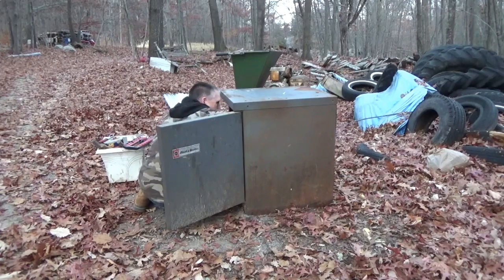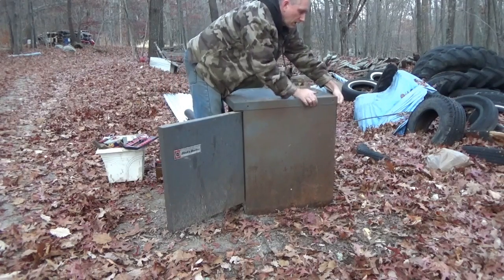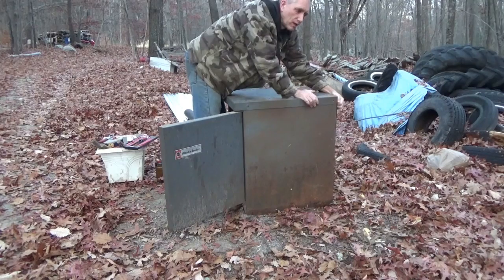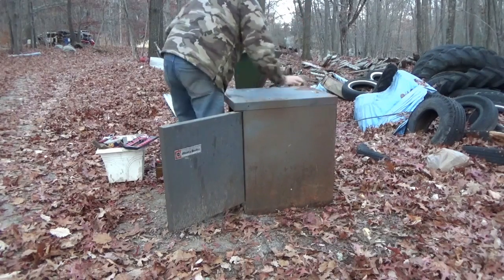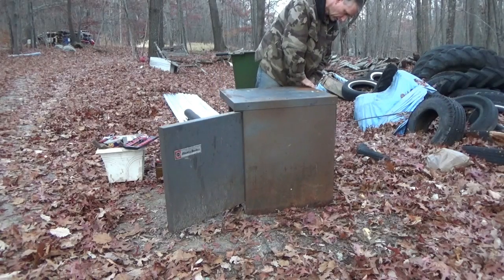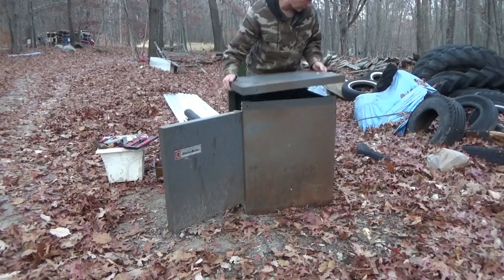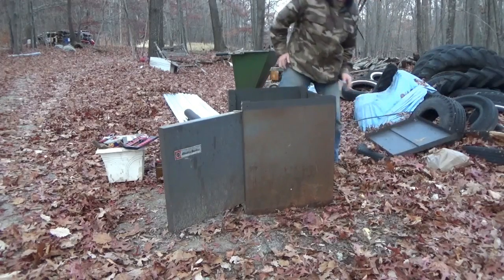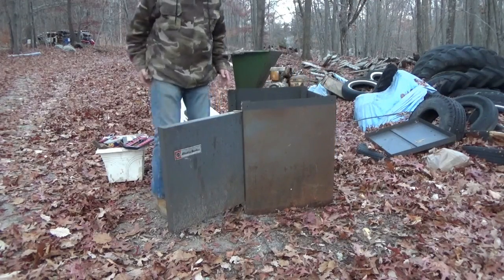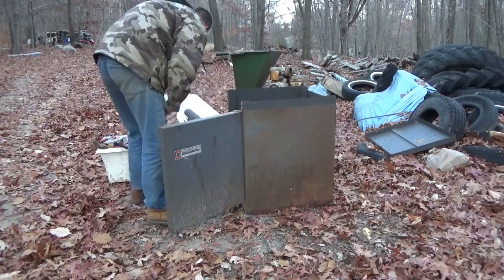Here's where I can use an extra hand. I'm going to take it apart. Come on. I'm using the sheet metal for a wood stove shield. For tonight, because it's going to be freezing tonight, I just want to get it apart, and I want to just take these two plates off, and then later I'm going to take them out, wire wheel them, and